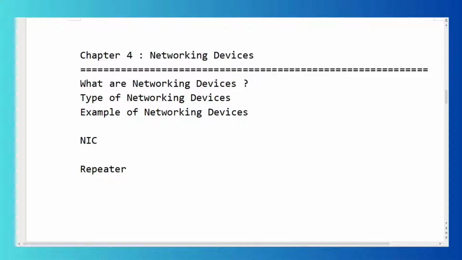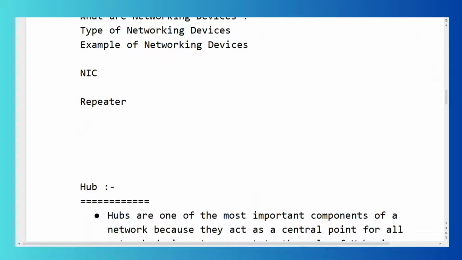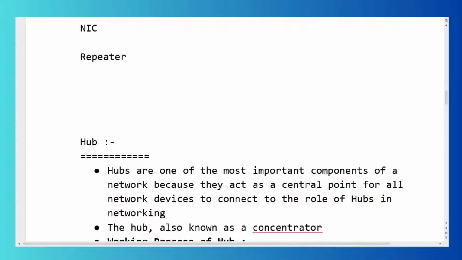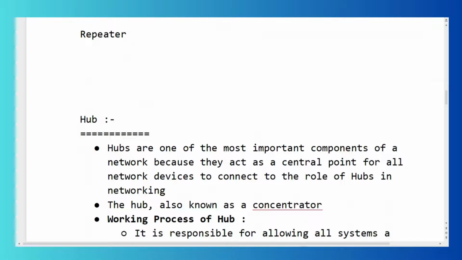Today I will explain chapter 4 of networking, that is networking devices. So first, what are networking devices? Types of networking devices. Examples of networking devices: first NIC, then repeater,